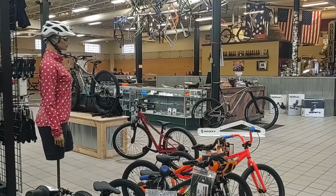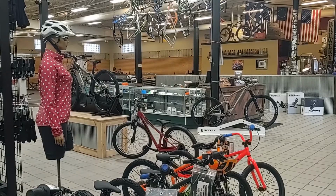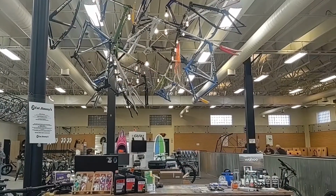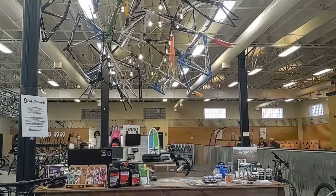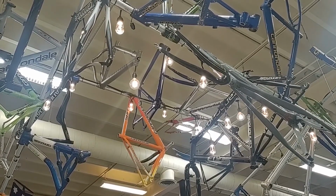If you've been to Fat Jimmy's Outfitters or Old Bedford Brewing Company lately, you may have noticed a unique new feature, an art installation that celebrates the business of bicycles, the result of a special collaboration between Perci Fungaroli and Haley Feaster. When we first bought Fat Jimmy's, most of the staff was sent to Connecticut for a training on